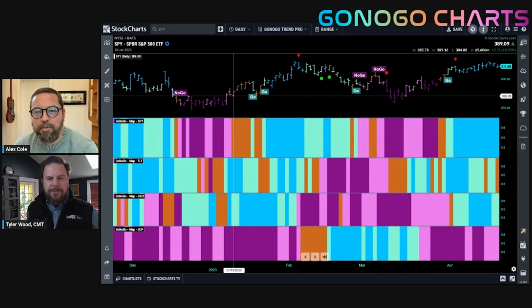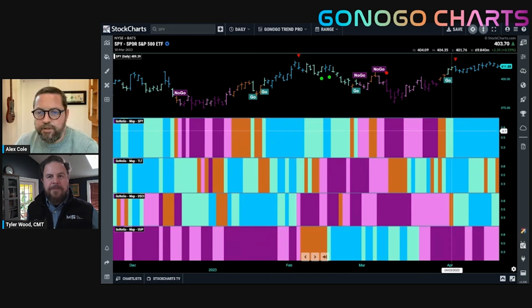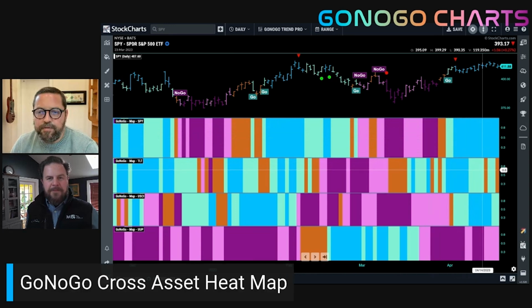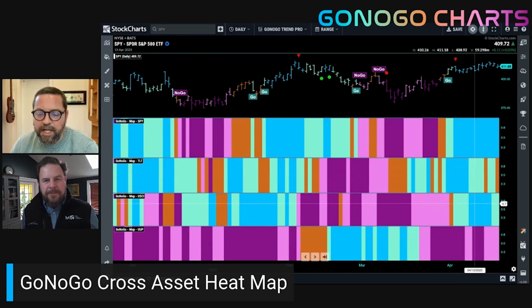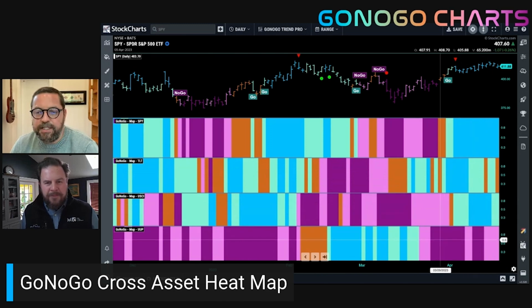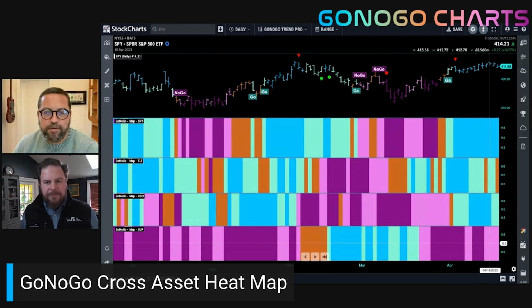The equity top panel, even though we've pulled back the last couple of days a little bit, you can see how we're in those strong blue go bars. That's, of course, the top panel. So a go trend in equities. You can see TLT, which are Treasury bond prices, flirting between the aqua and the amber bars. Commodities managing to hold on to their go trend as well, and the dollar still in a no-go, although those bars are painting the weaker pink color now, as we see for the last couple of days.